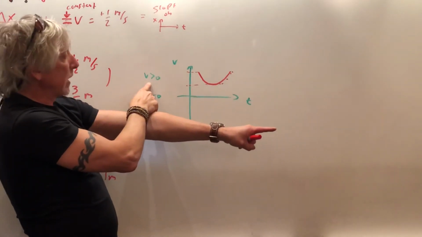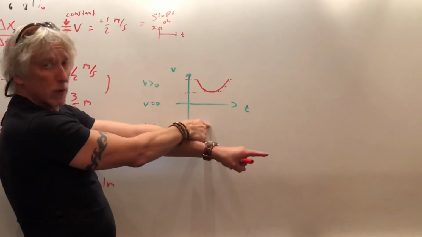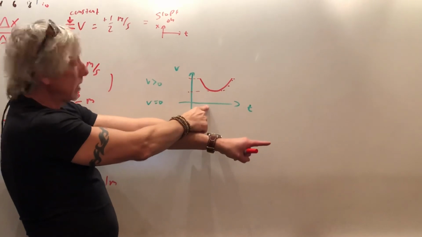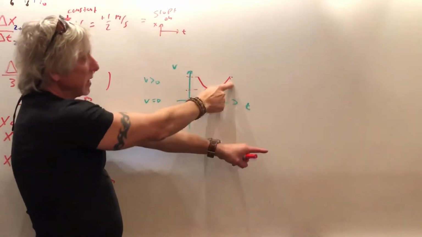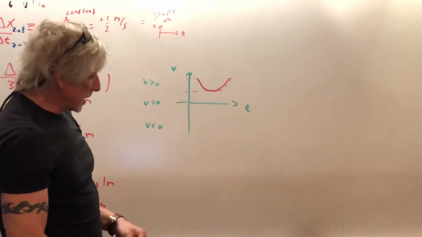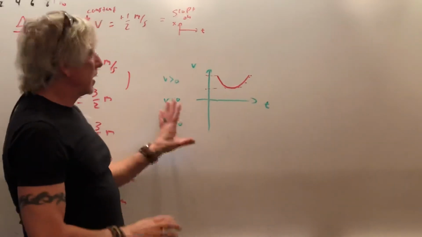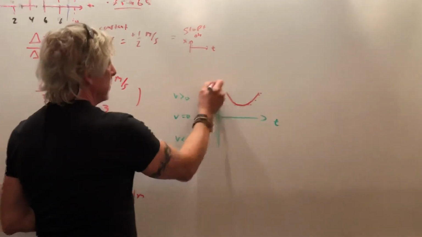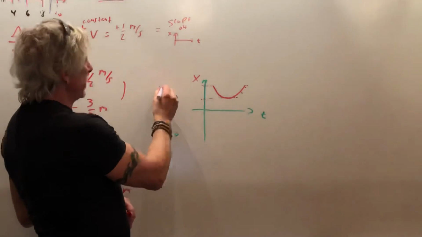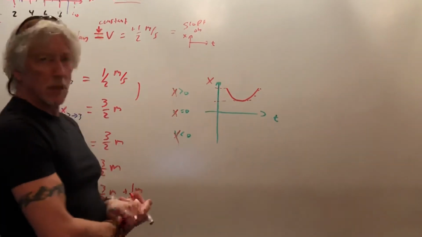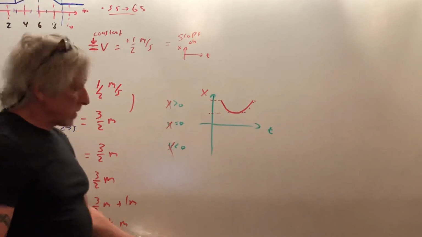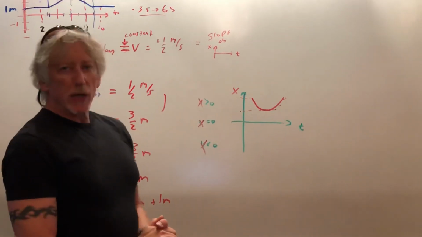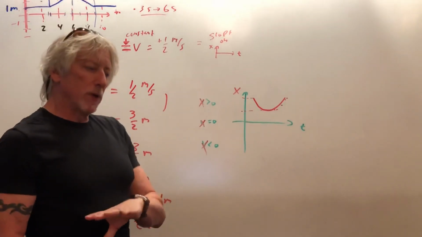The only time I change direction is if I go from positive to negative, which means at some instant or time interval I have to have a zero velocity, or from negative direction to positive direction. So those are things to think about. Push yourself to exercise. Think about the meaning, and then here's a little practice. What would it mean if this was x versus t? And that would be x, x, and x. And so think those through, draw some, test each other, and hopefully that helps you to translate graph to meaning